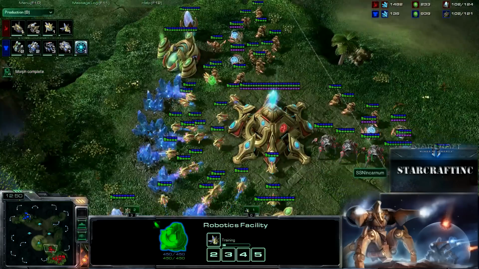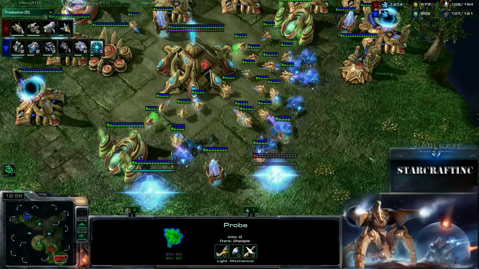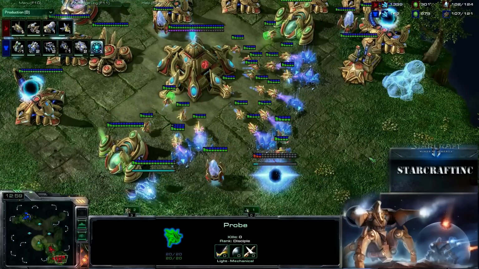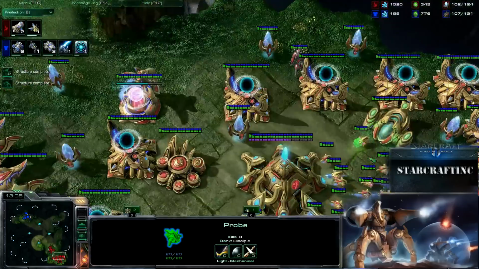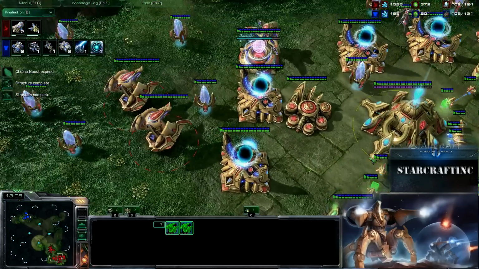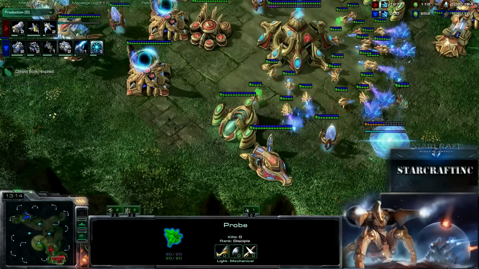Getting another observer so that I can keep tabs on the rest of the map rather than just his base. I want to leave that observer in his base when his army pushes out and follow his army with a separate observer. I like to hotkey my observers to 0, as you can see if you look down at my hotkeys. And that's because